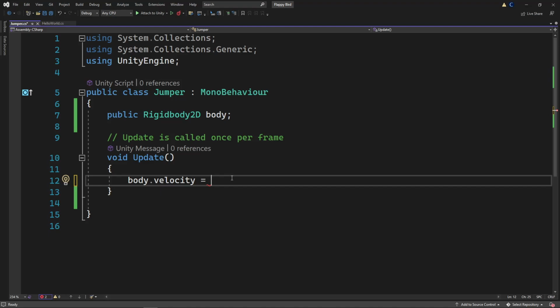So that's exactly what we want to do. We want to create a new Vector2 that has the direction up and also the x value of 0, because we don't want it to move left and right. We only want it to go up whenever we click. So I can do this by typing in new Vector2. That's a capital V, lowercase new, and open parentheses, close parentheses. And just for simplicity's sake, put a semicolon after that.